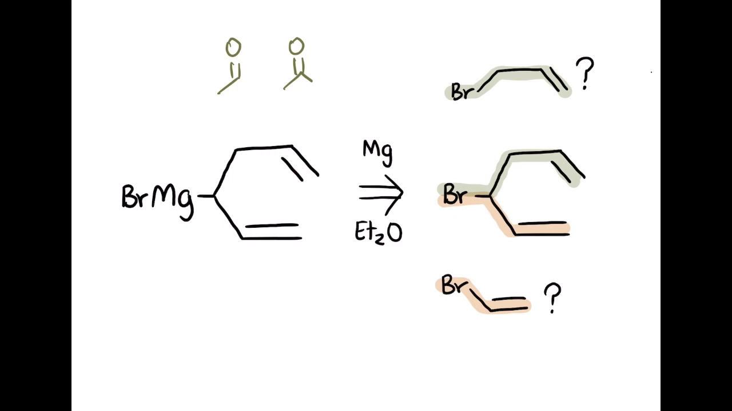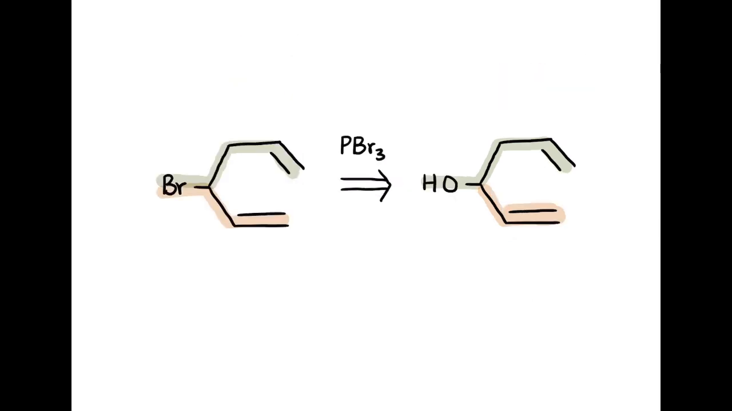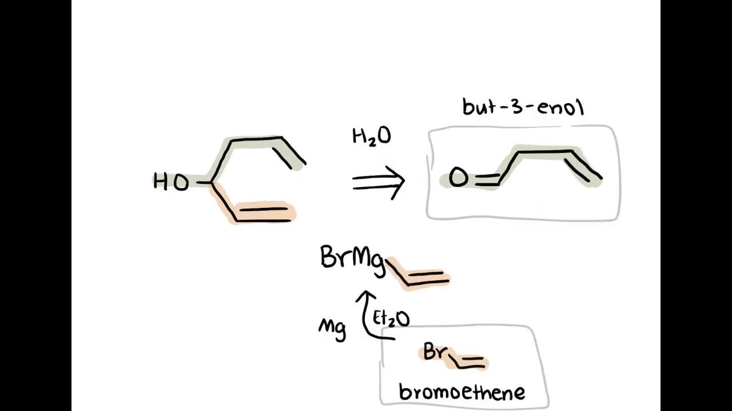And we know that it makes an alcohol, but this right here is not an alcohol, it's a bromine. So we can conclude that this bromine was made from an alcohol using phosphorus tribromide, which makes this alcohol. And then when we undo the Grignard, we have this aldehyde, but-3-enol, which is one of